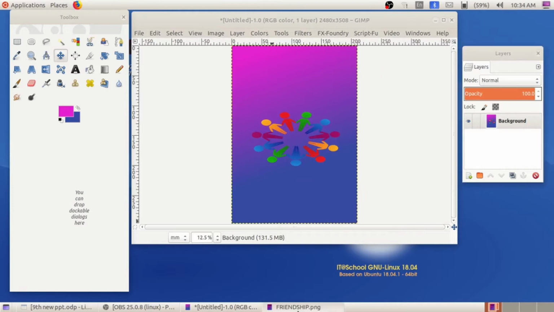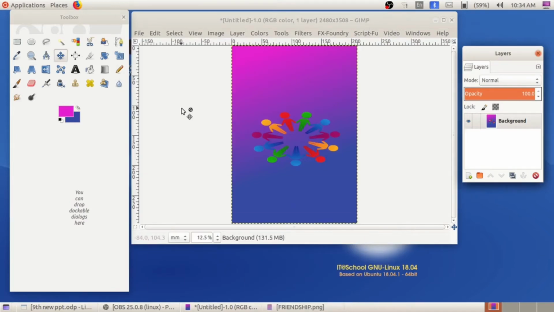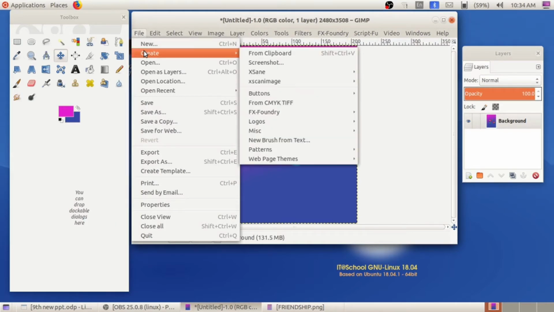Then next thing is we have to include a logo, named Friendship Day. So how to include logo? That is the next activity in this chapter. You have to study each of these activities by heart. From which option can we include the logo? File, Create Logos.